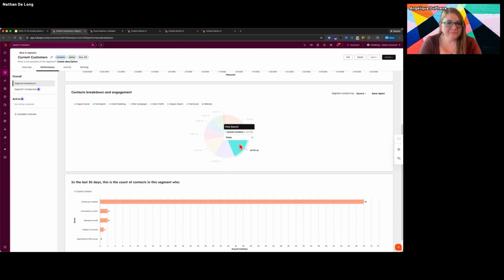Lots of them are engaging with paid search ads. That's my cue: when I do my remix, if I'm doing one that's pointed at these people, it would be good to ask Content Remix to make some social posts, some paid search, or potentially some emails too, because those are where I'm seeing a lot of engagement for these particular people. That's the really nice thing about this too. You can get these insights and then use them to inform how you do that remix.